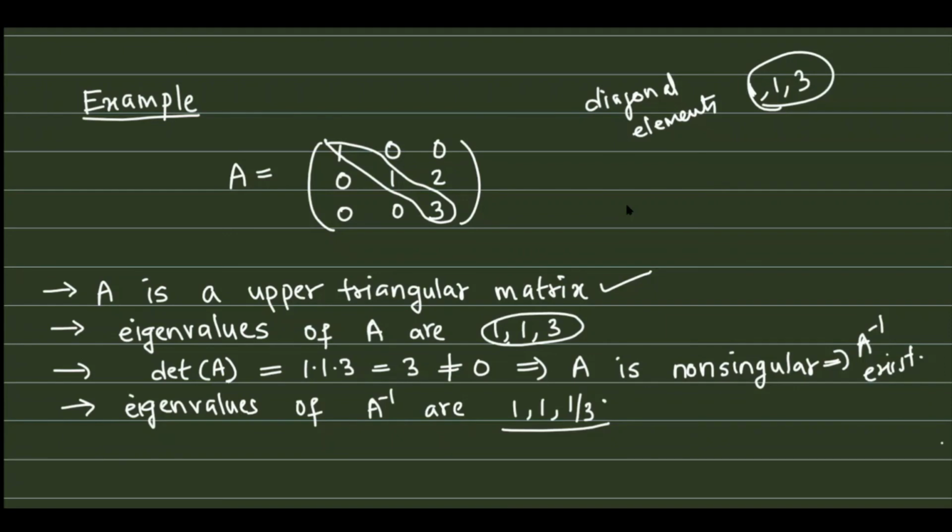So in this class, we have studied complex eigenvalues and many properties of singular matrices, how to find the eigenvalues, and how to interpret the data if the matrix is an upper triangular, lower triangular or a diagonal matrix.